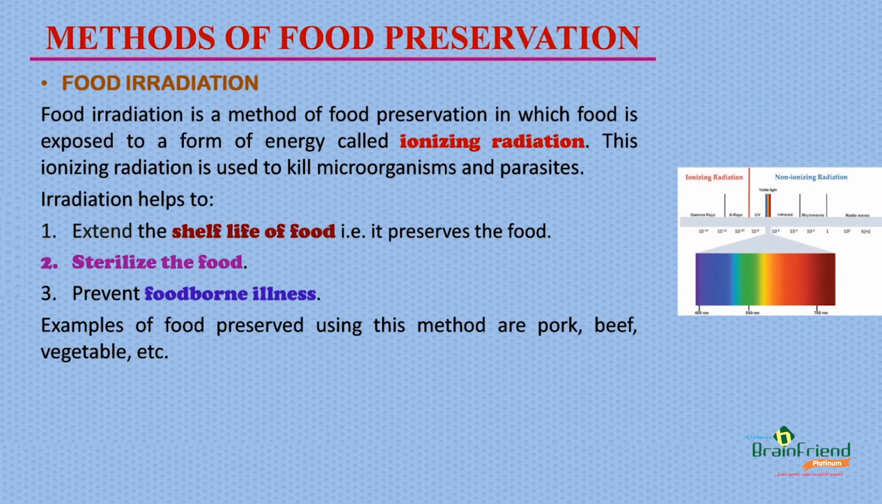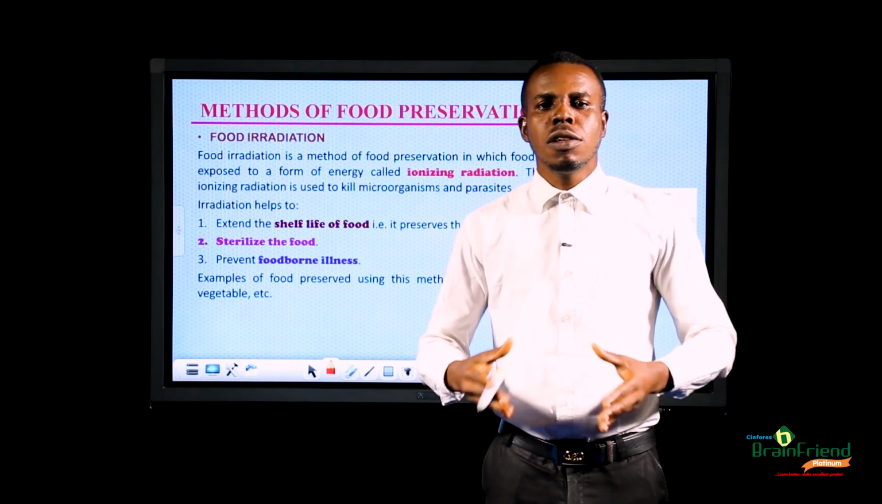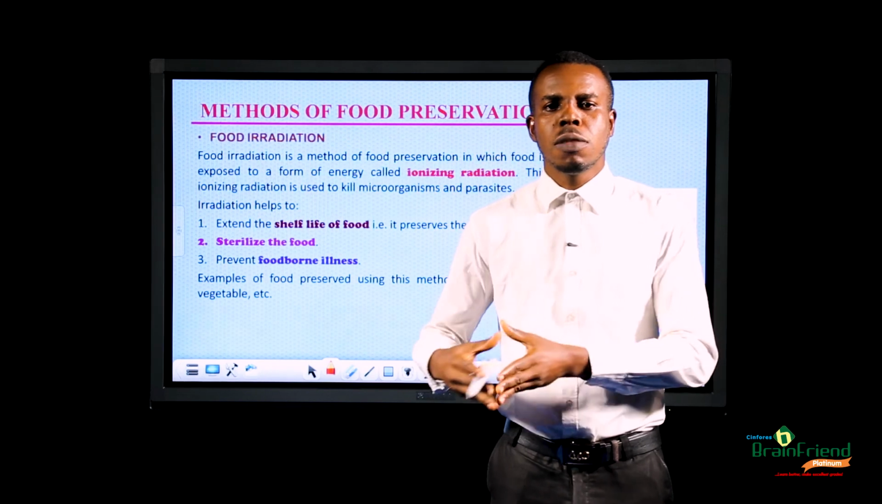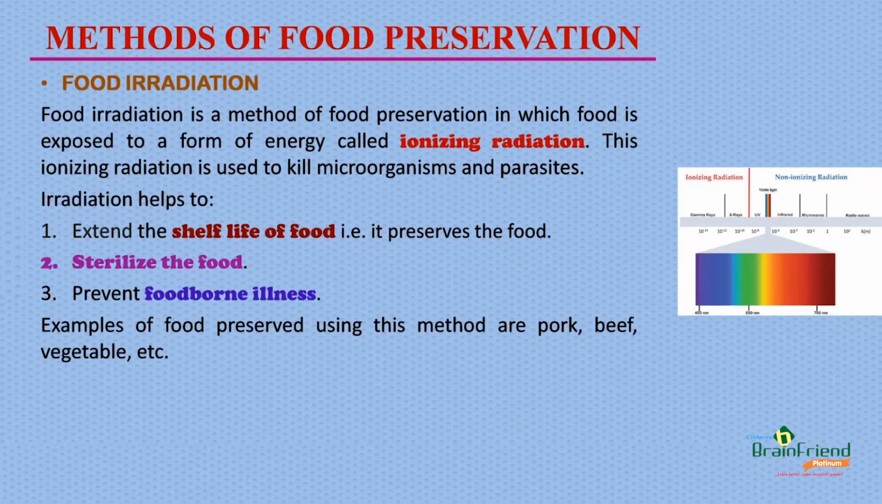And finally, for this class, we are going to be looking at food irradiation, which is a method of food preservation. Food irradiation is a method of food preservation where food is exposed to a high energy compound known as ionizing radiation. Ionizing radiation kills microorganisms that cause food spoilage and also kills parasites that can grow and contaminate food. Irradiation helps to: